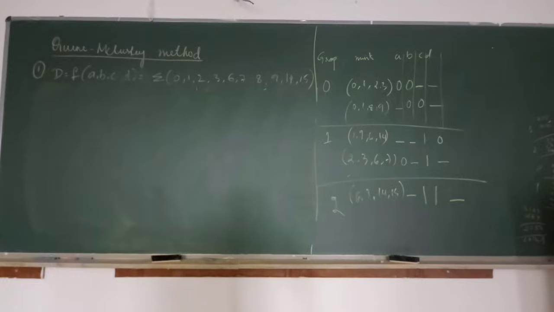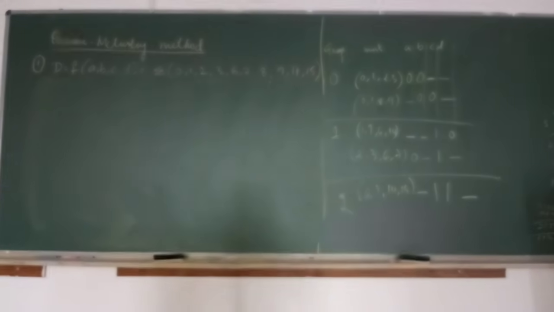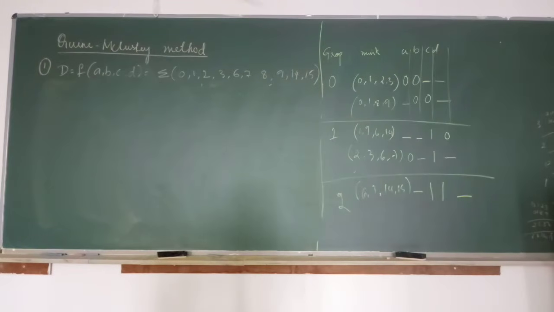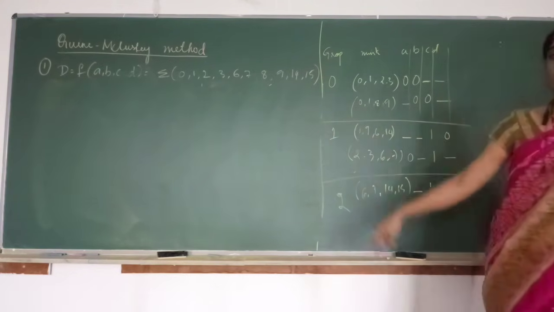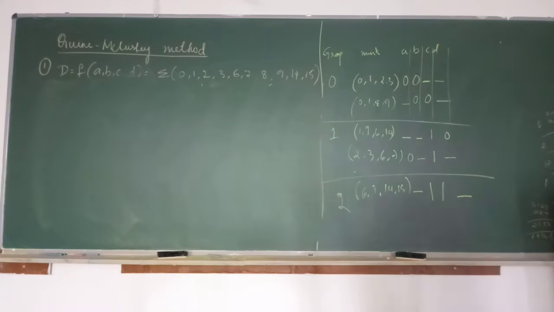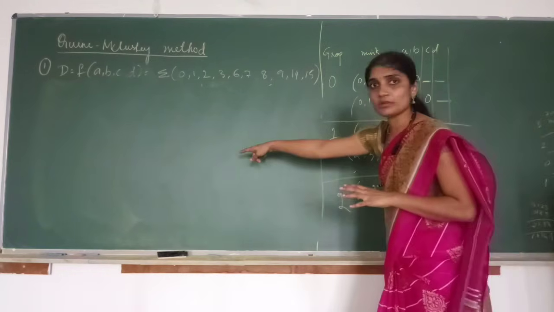Okay, so now we did groups of 4, right? So now what is our next step? We have to check whether groups of 8 can be made or not. Groups of 8. So how do we check that? Now we have to construct another table by comparing the mean terms that are present in this table. So this is the table we just now constructed by looking at the previous table, right?